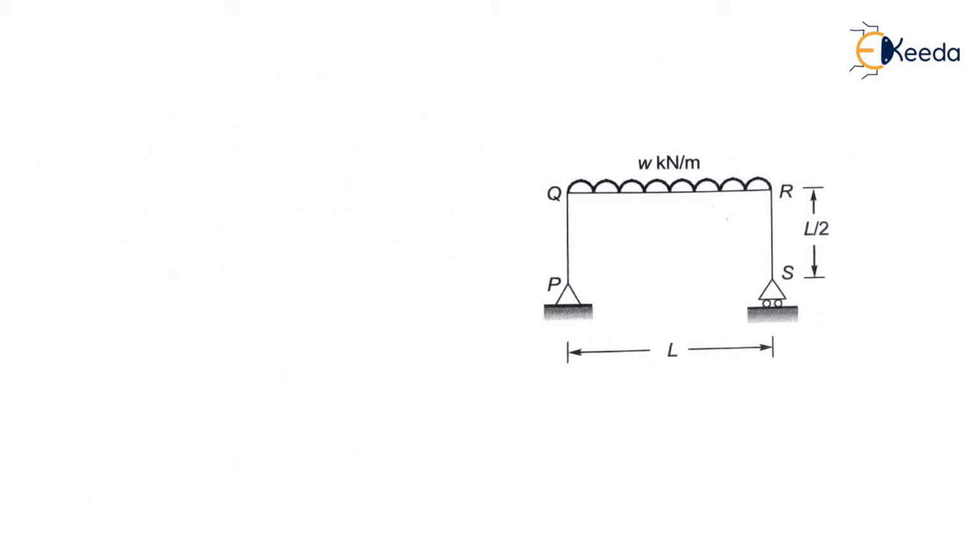Now due to the hinge support at P, there will be two reactions acting, one in the vertical direction as well as one in the horizontal direction. And due to the roller support at S, there will be only one reaction acting in the vertical direction, that is Vs. Now for finding these external support reactions, we need to use the equilibrium condition, that is